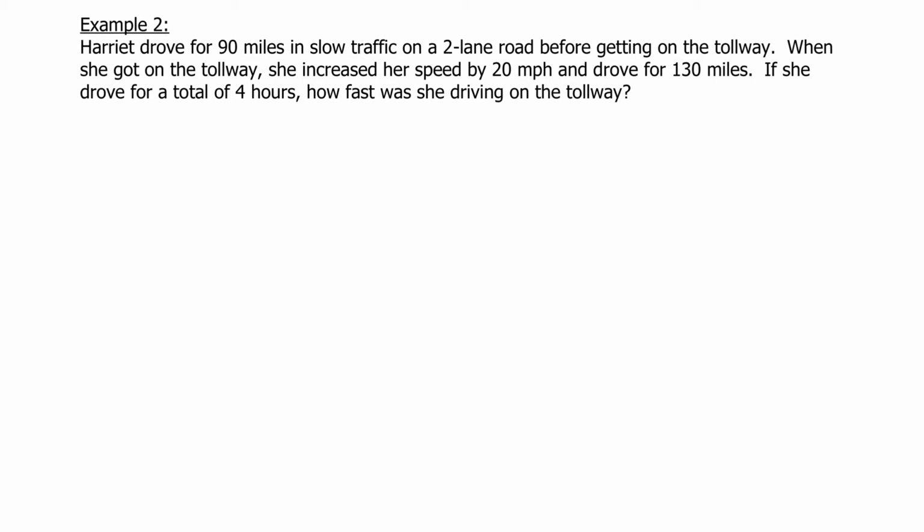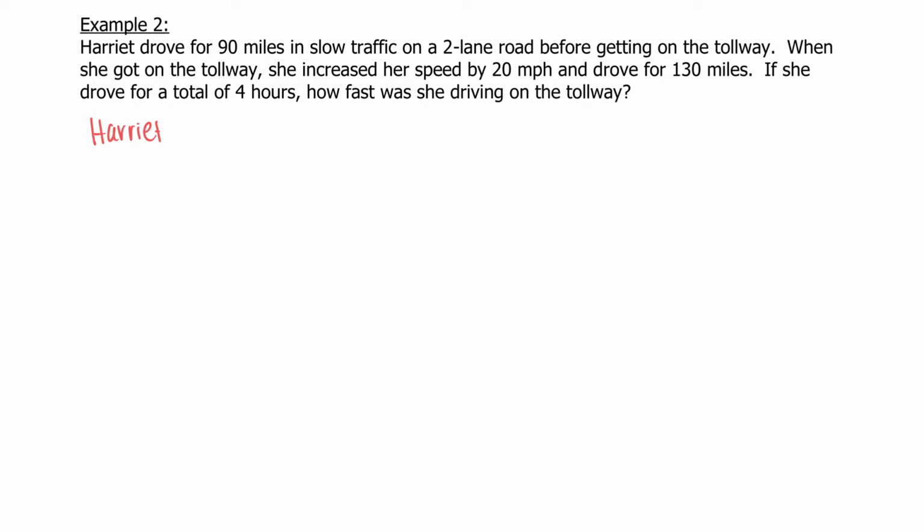All right, let's look at this next example. It says Harriet drove for 90 miles in slow traffic on a 2-lane road before getting on the tollway. When she got on the tollway, she increased her speed by 20 miles per hour, and she drove for 130 miles. If she drove for a total of 4 hours, how fast was she driving on the tollway? So let's make our chart. So we have Harriet,